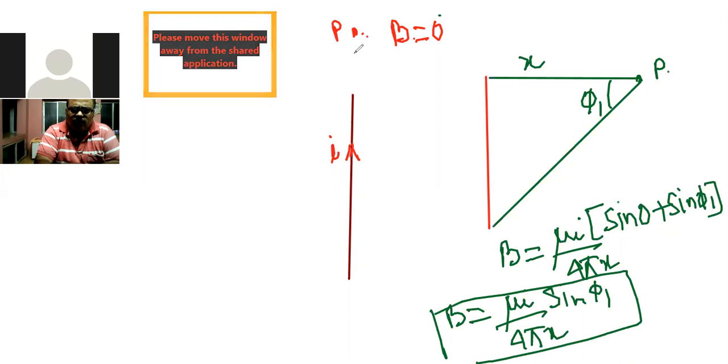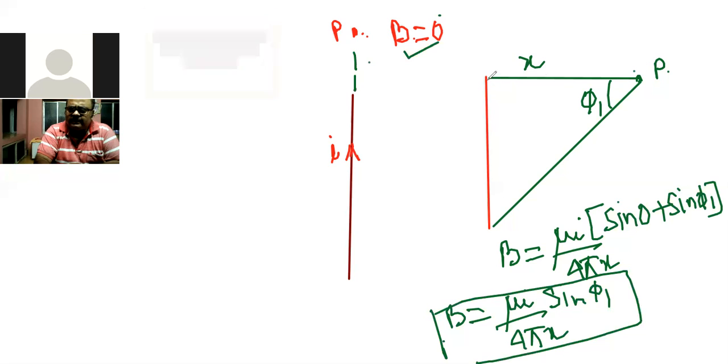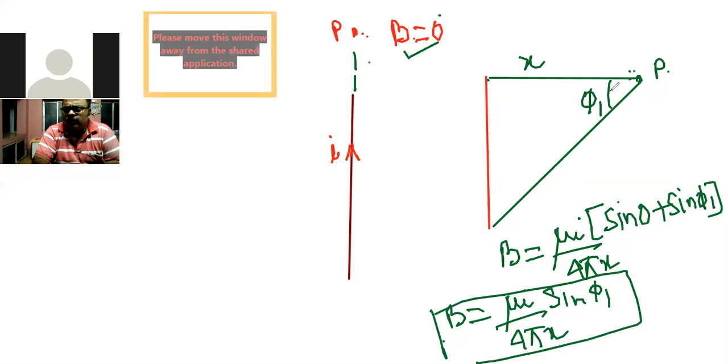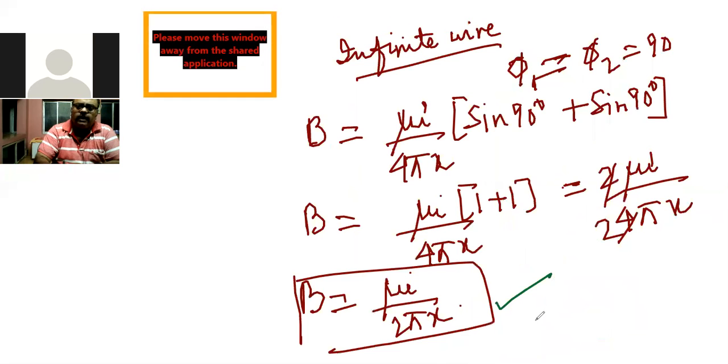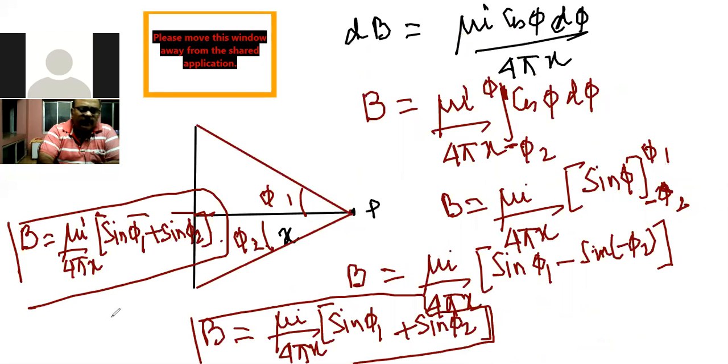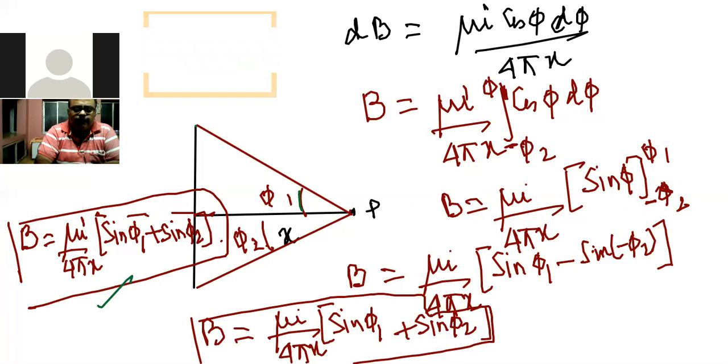So these are all the cases I have discussed in this concept of the current carrying straight conductor. If the point is lying on the line, B equals 0. If the point is lying on a straight line at a distance of x from one of the ends, the magnetic field due to that end will be 0, and for the other end, whatever angle is subtended will be taken into consideration. For an infinitely long current carrying conductor, it is mu I by 2 pi x, and for a finitely long current carrying conductor whose one end is subtending an angle phi 1 and the other end is subtending an angle phi 2, it is the earlier formula. So this is the total concept of magnetic field intensity due to a current carrying straight conductor.